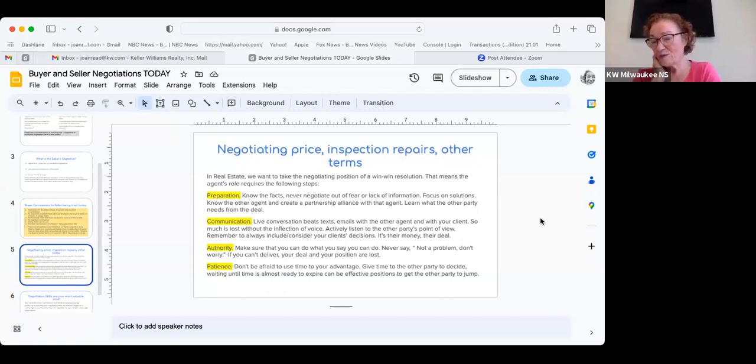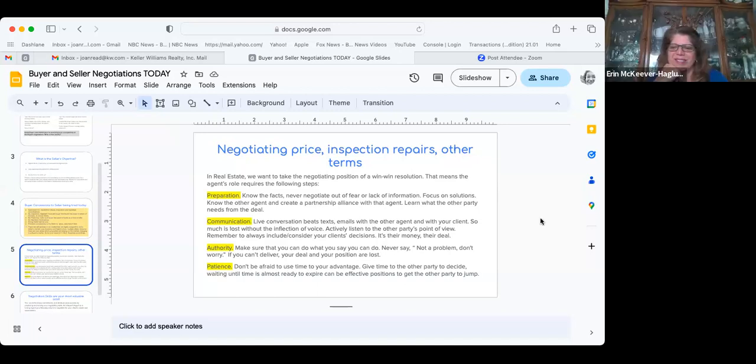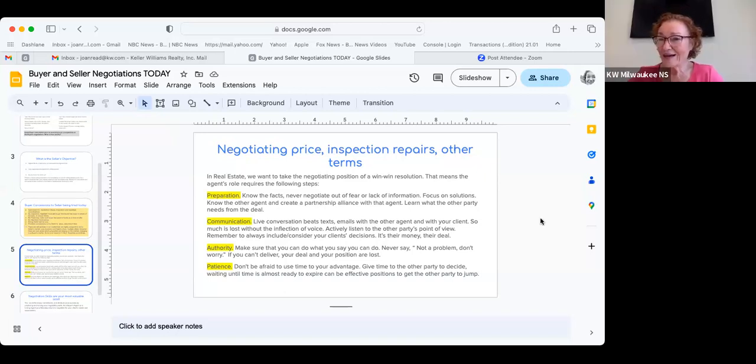So many times when I'm responding to a question that I get from an agent here, I say, well, go back and ask your client. What do they want to do? Oh, the agent is trying so hard to come up with a thing, they've forgotten to talk to their client about it. Remember, it's their money, it's their deal, and always get their position. If you don't think their position is the best for them, try to explain that to them.